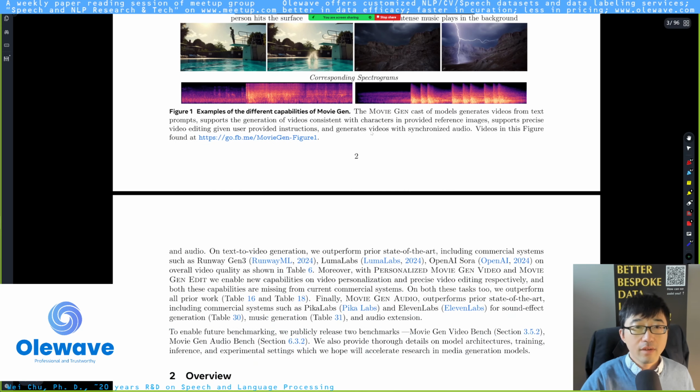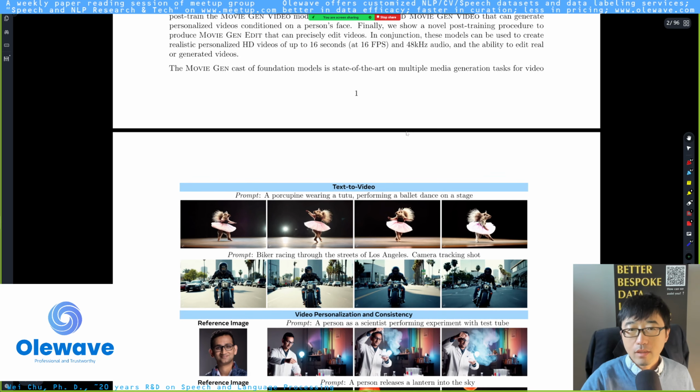Suppose you have the data and a gigantic GPU cluster. I don't see why you cannot replicate Meta's work or build your own video generation